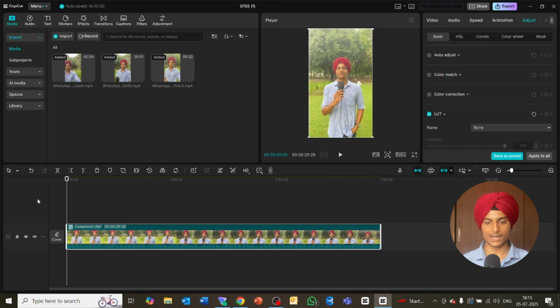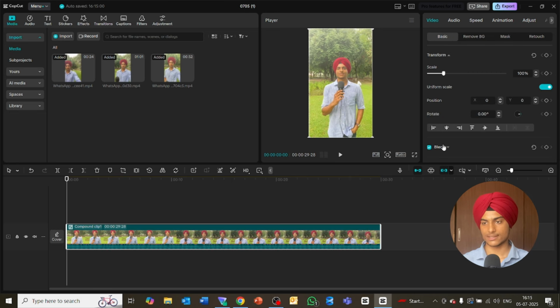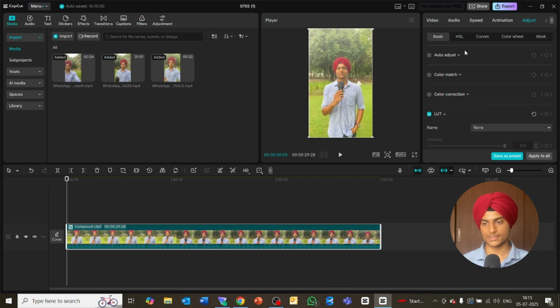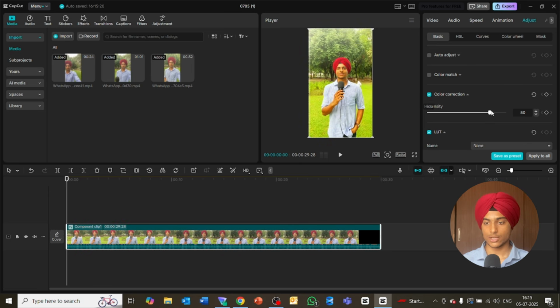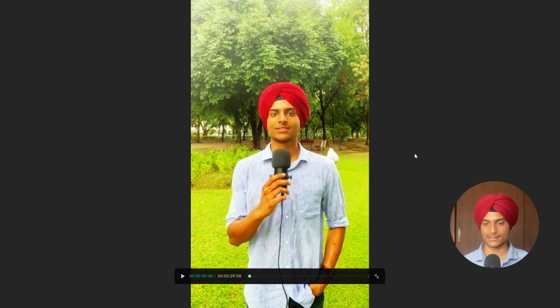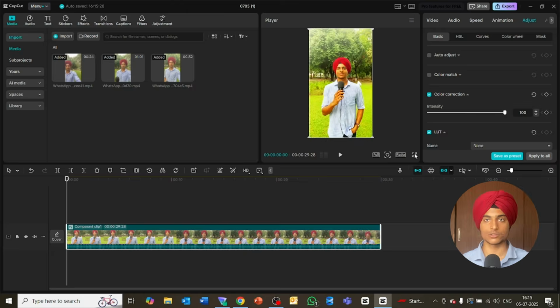So right now we'll start with color correction, and for that you go to the right side of your screen and you go to the adjustments, and then color correction. Now you can see the difference. If I increase that, my video looks greener. It looks like it has more life now, which looks pretty good. And if I use color match,